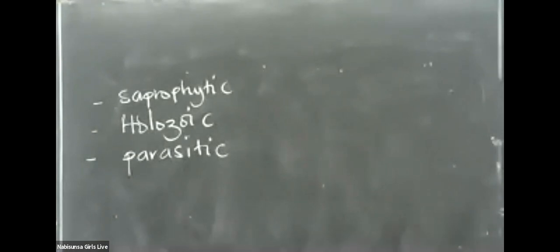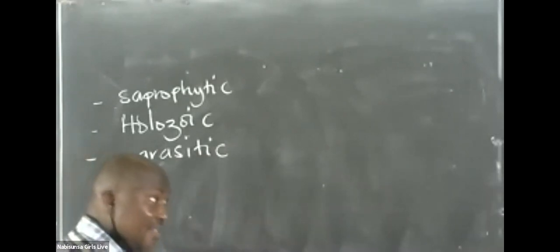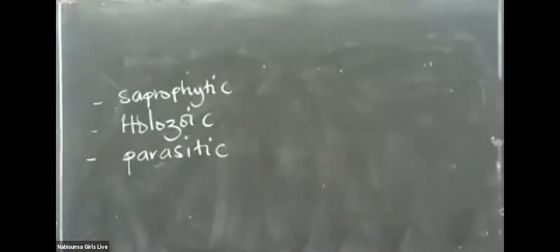But also, in this nutrition, in order for this organism to be able to obtain nutrients, it involves forming an association. So sometimes, when I'm defining parasitism, it is a form of association where one organism obtains food from another organism while causing harm. That is if I'm defining what parasitism is.